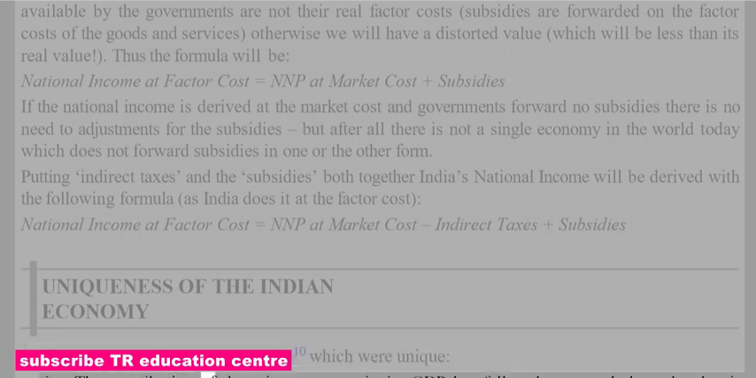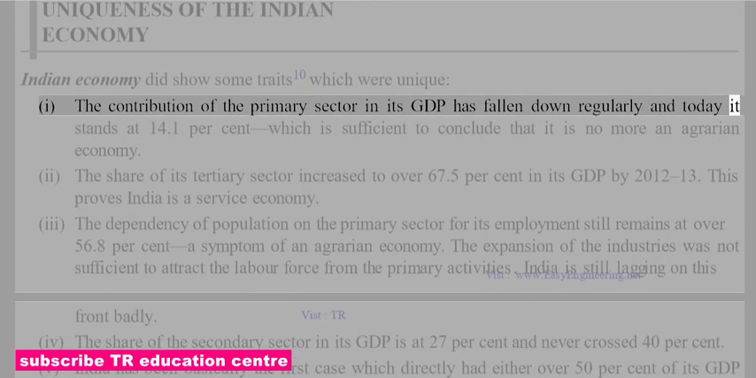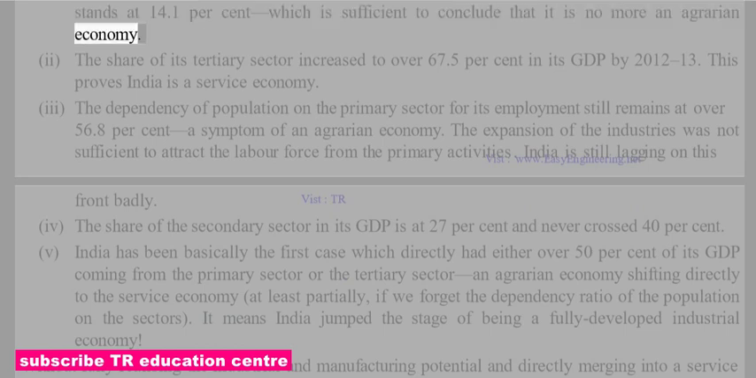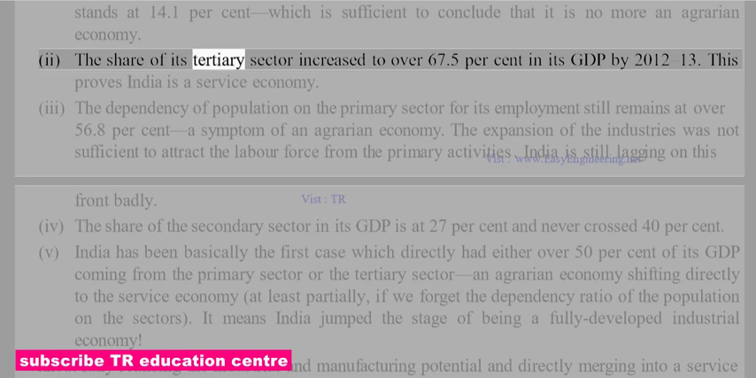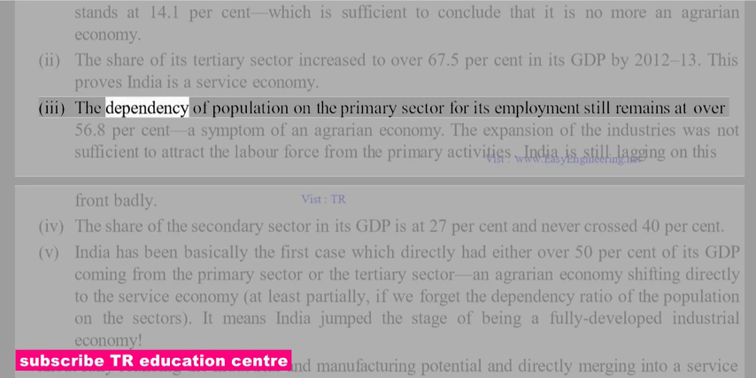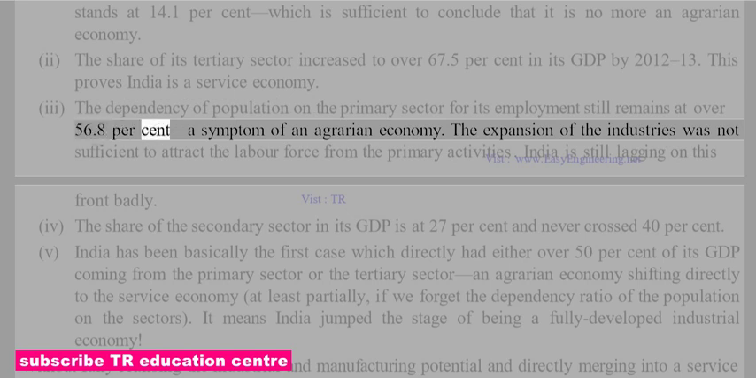1. The contribution of the primary sector in its GDP has fallen regularly and today it stands at 14.1%, which is sufficient to conclude that it is no more an agrarian economy. 2. The share of its tertiary sector increased to over 67.5% in its GDP by 2012-13. This proves India is a service economy. 3. The dependency of population on the primary sector for its employment still remains at over 56.8%, a symptom of